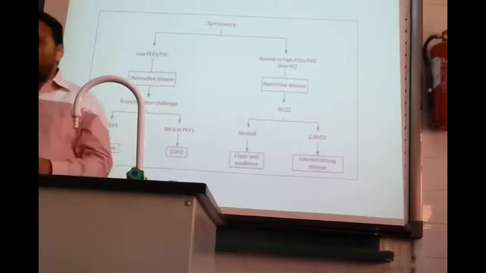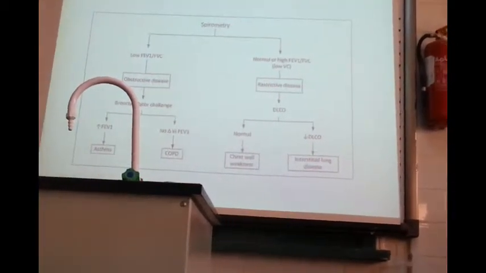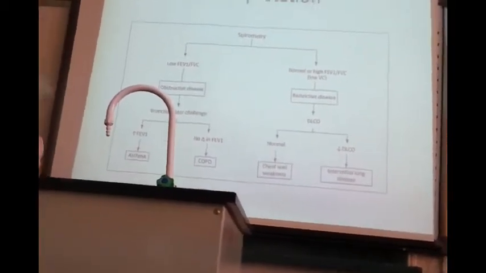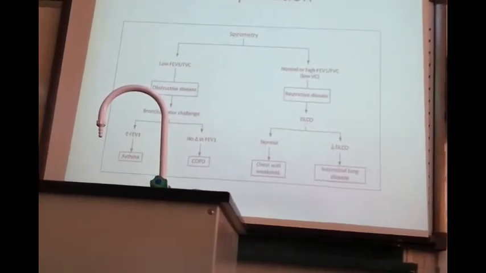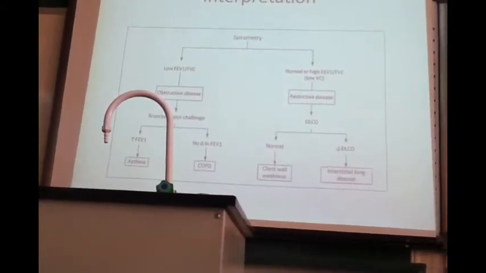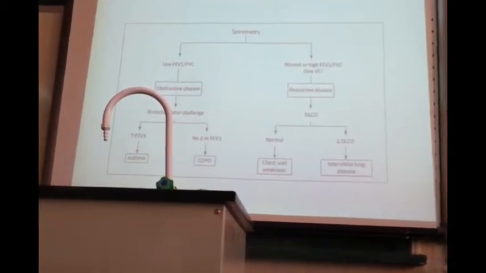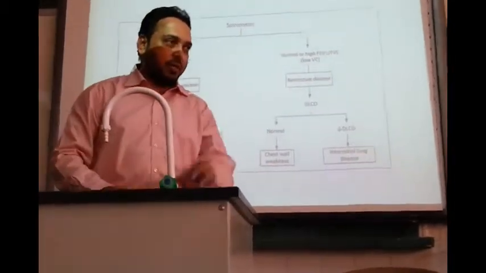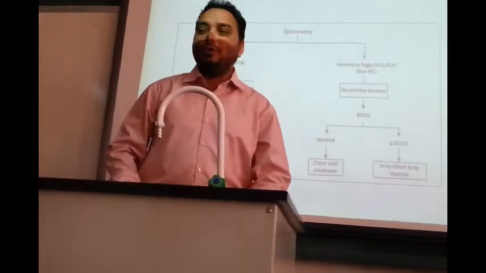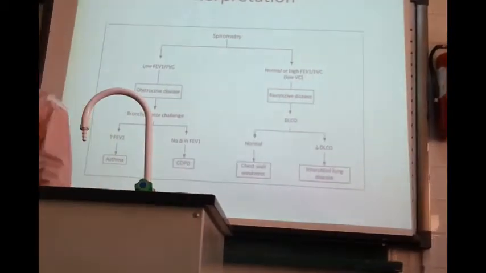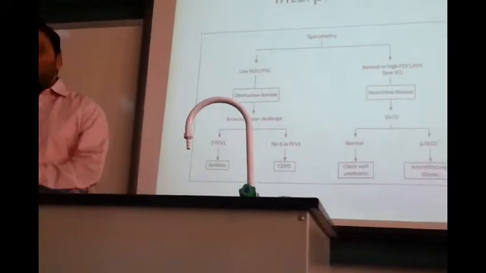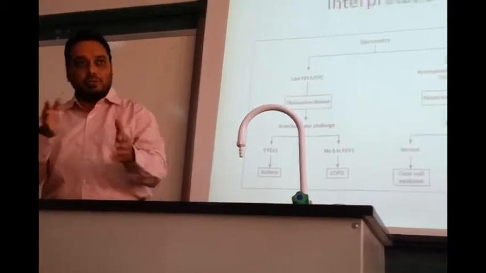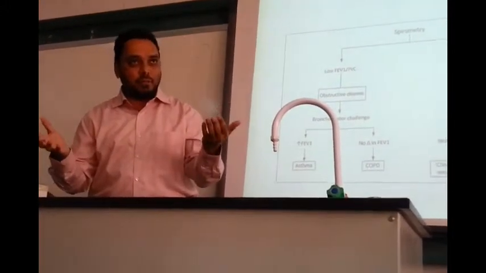We give this for only 10 seconds, mind you. We don't want to give too much carbon monoxide. The person will die. One of the ways of committing suicide is to take the pipe from the exhaust of the car, put it inside, close the windows and sit inside, and you will be gone, because that is carbon monoxide. Specialists do this. We give it for only 10 seconds, and from that you can measure how much has been absorbed by the person and how much has been given up. If we know the difference, we can know the diffusing capacity.